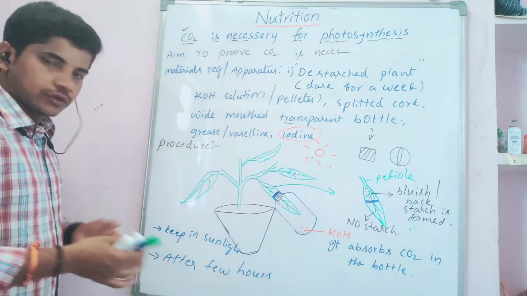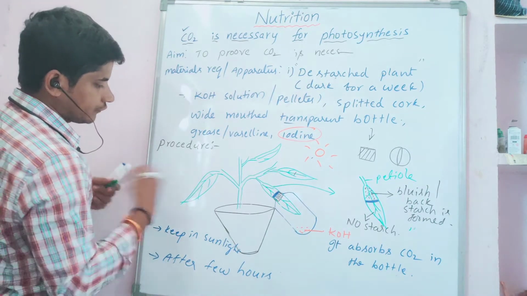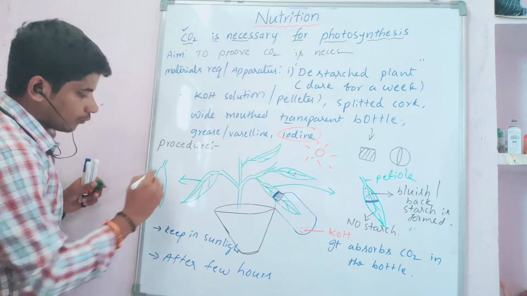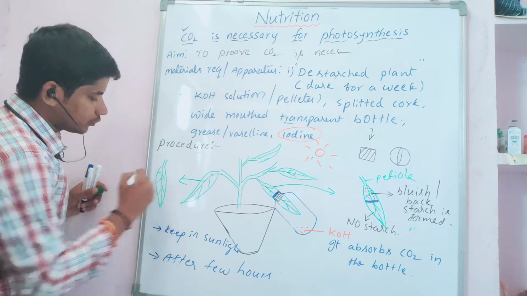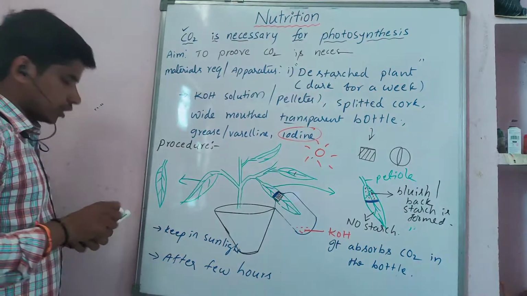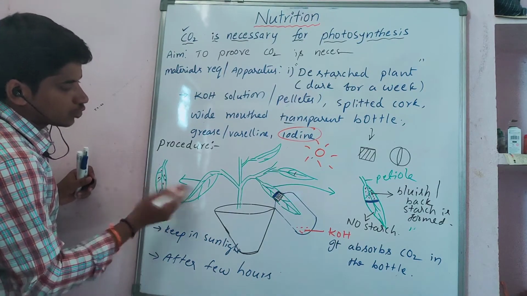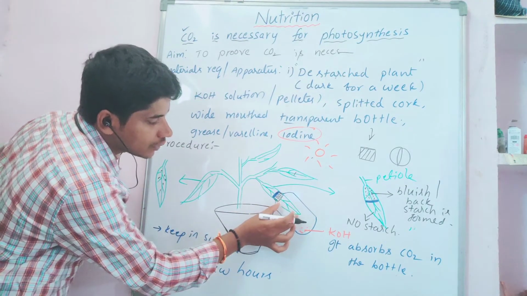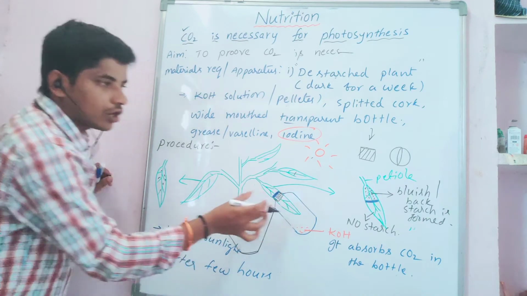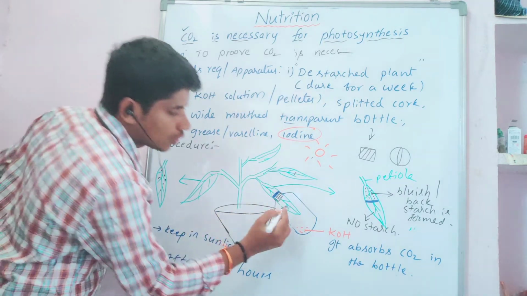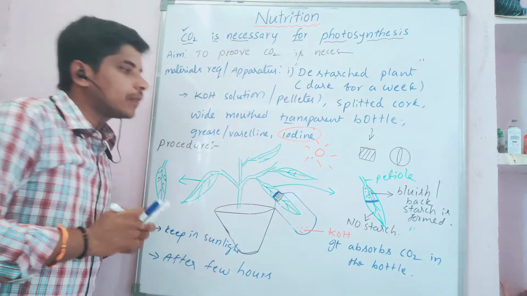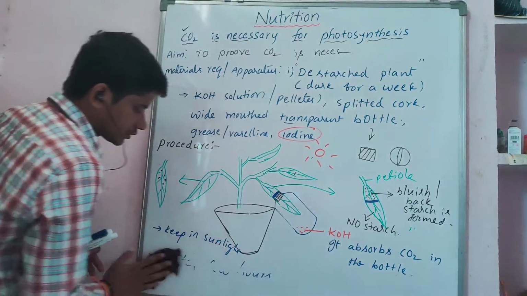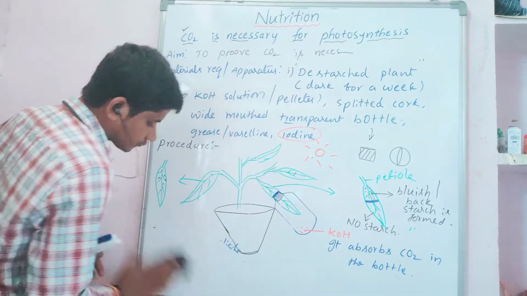If you want further confirmation, you can test another leaf also. If you take this leaf and go for the iodine test again, which part of the leaf turns bluish black? The total leaf. Why? Because it is getting sunlight, water, carbon dioxide, everything. Only this part of the leaf, which we are testing for whether carbon dioxide is important or not, does not turn bluish black, and that means absence of starch because of the absence of carbon dioxide.